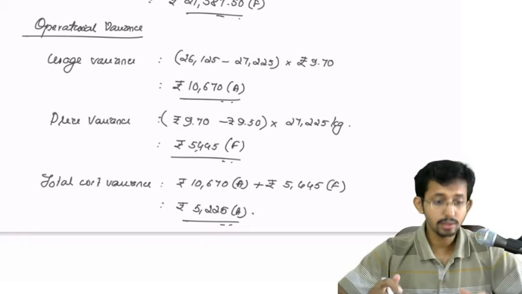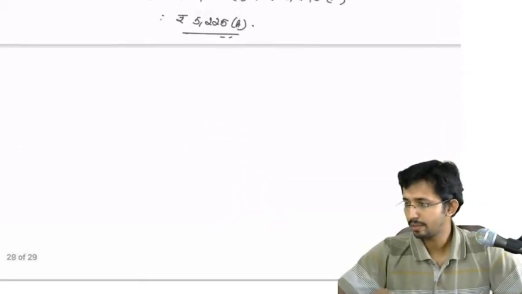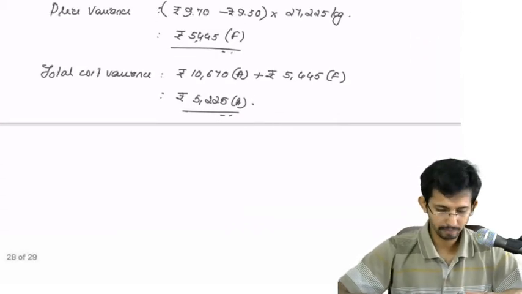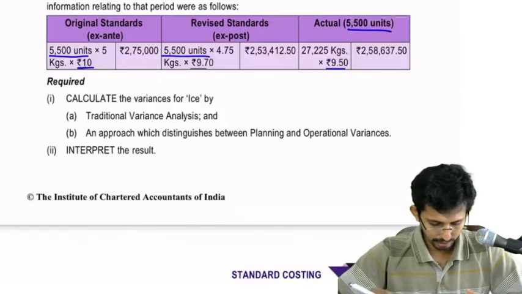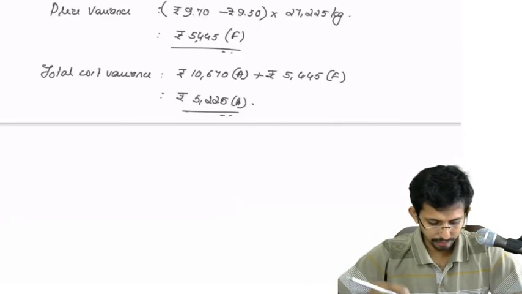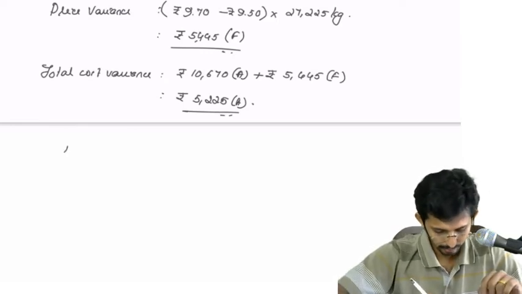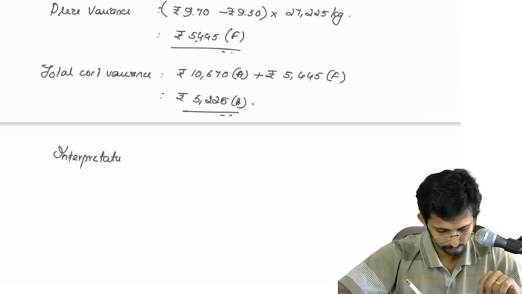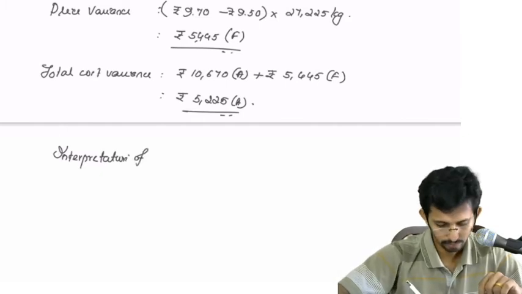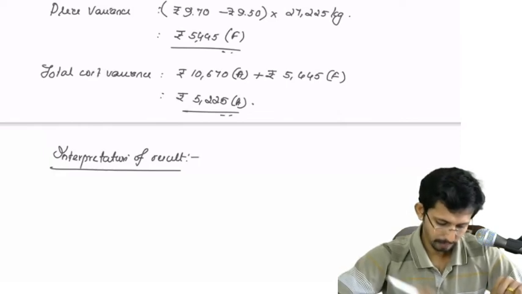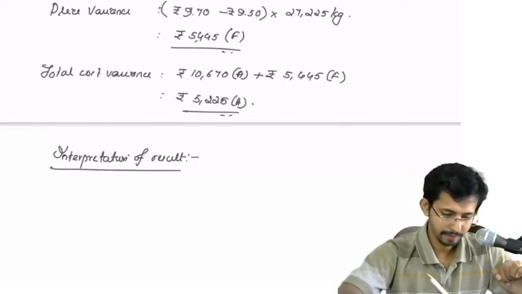So that is operational variance. Now I think interpretation of result is left. So you can write